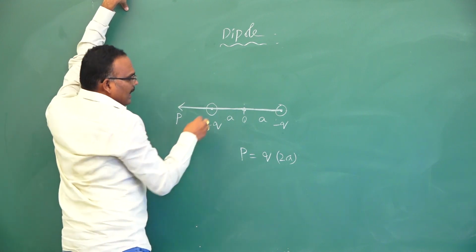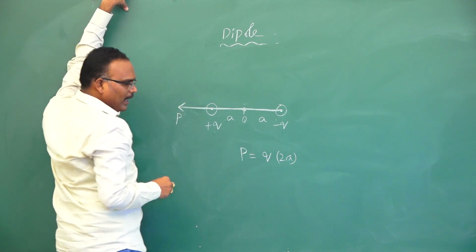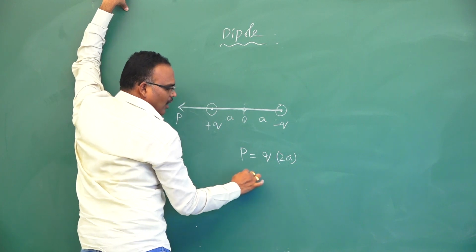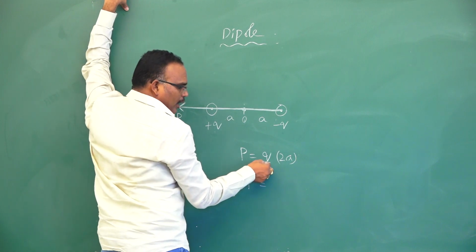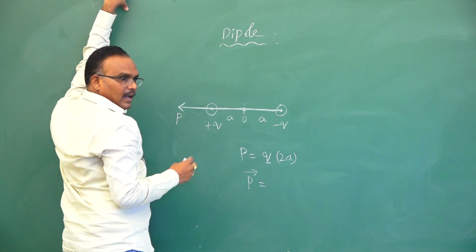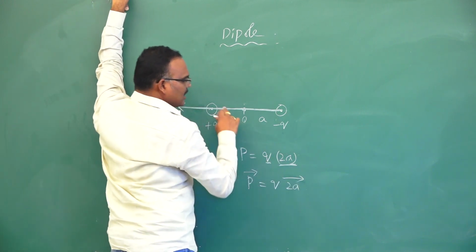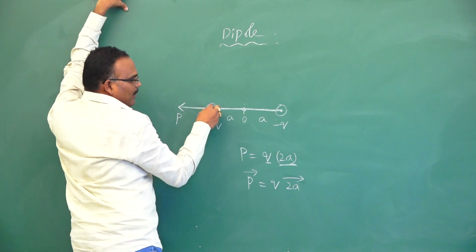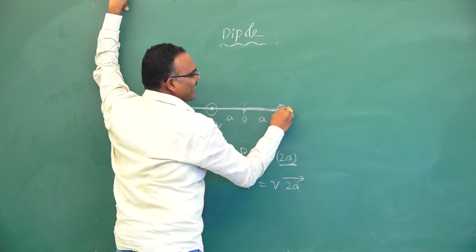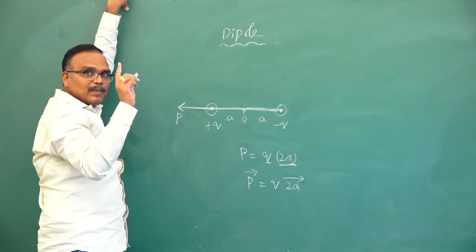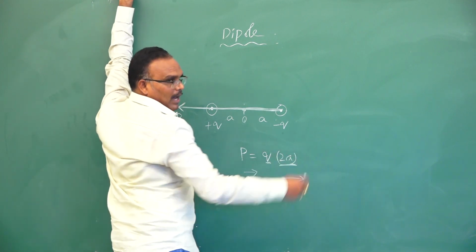Here you see, dipole moment is a vector quantity. So, the vector notation of dipole moment can be represented as P bar is equal to, we know q is charge, that is scalar. The distance between the two charges should be a vector quantity. That means the distance between the two charges, 2A, is a straight line joining them. This is important, that is displacement. So, 2A bar. So, P bar is equal to q into 2A bar.